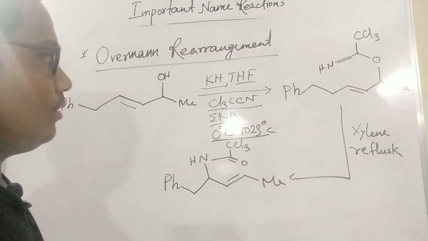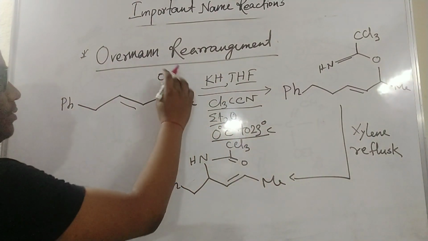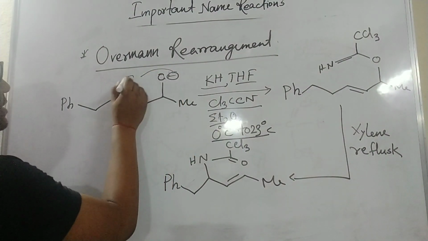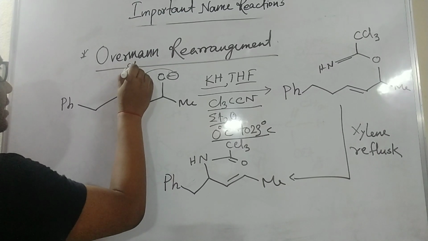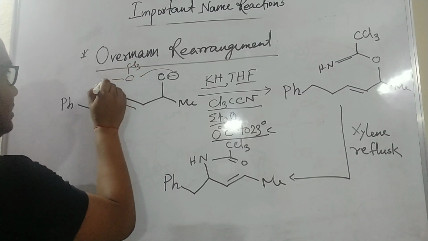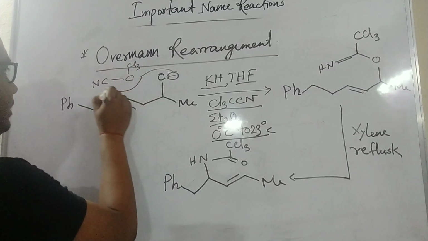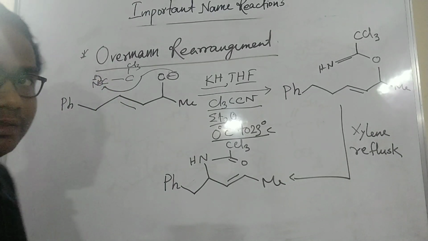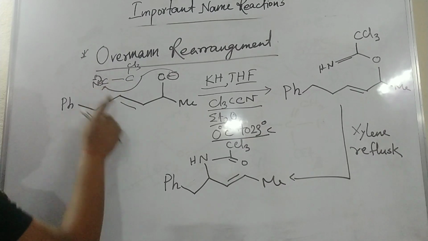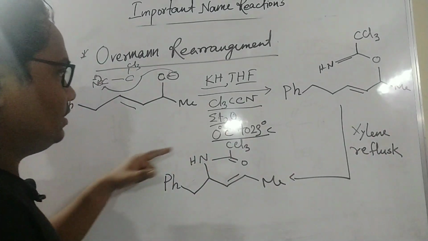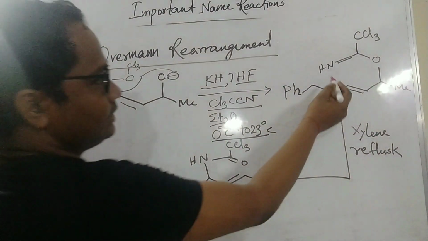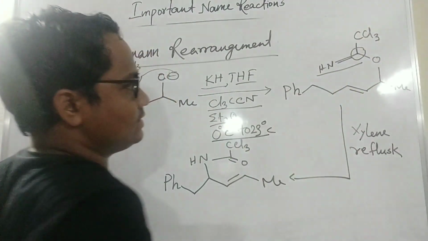And this will happen. What happened? Previously this potassium hydride will take this proton, and that alkoxide will attack what? This CCl3 and this CN, okay. That will come here directly. The cyanide carbon, they will attack. You will see, the cyanide group, not this group. So this cyanide group attack is there. So what will be the product? This will be the product. See, this is the cyanide group carbon and CCl3 is there.